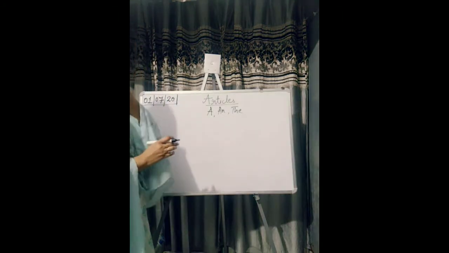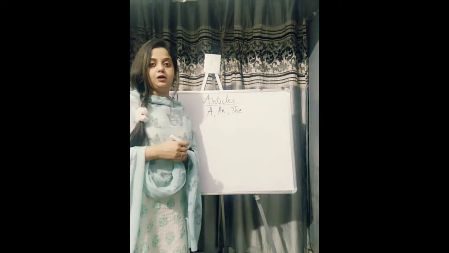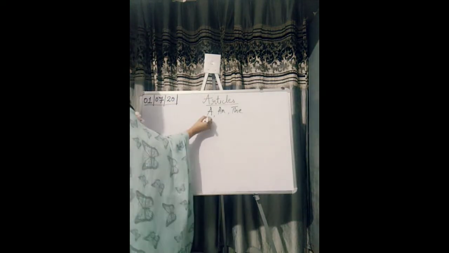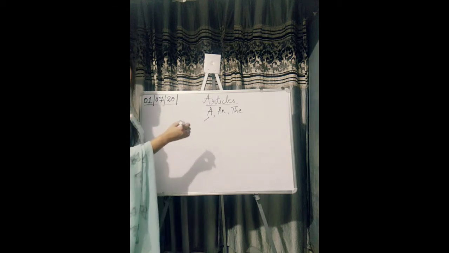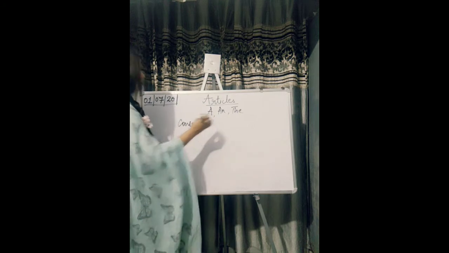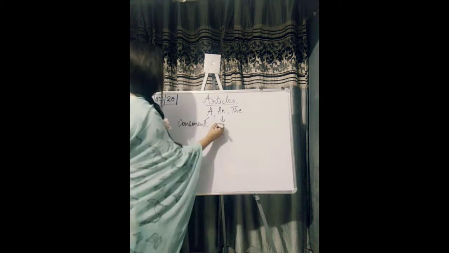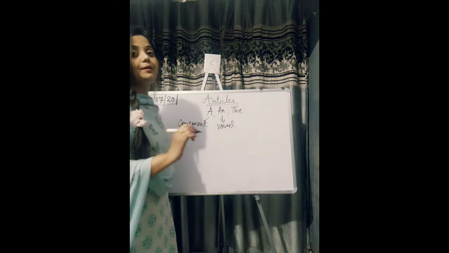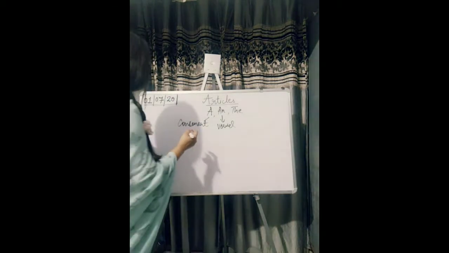Okay, so I hope you remember the vowels a, e, i, o, u, and the rest of the letters are consonants. So we use article a before a noun that begins with a consonant sound, and article an before nouns that begin with a vowel sound. When I say sound, it doesn't mean the spelling. Sound means the way we pronounce the word. Okay, for example,